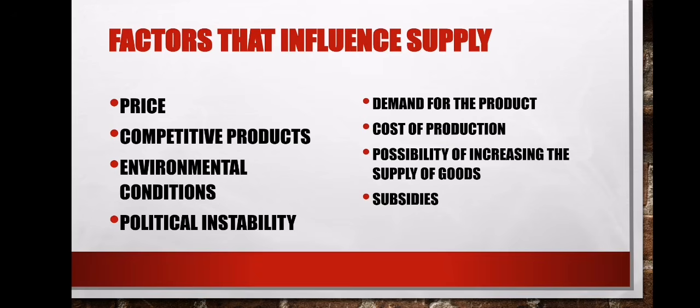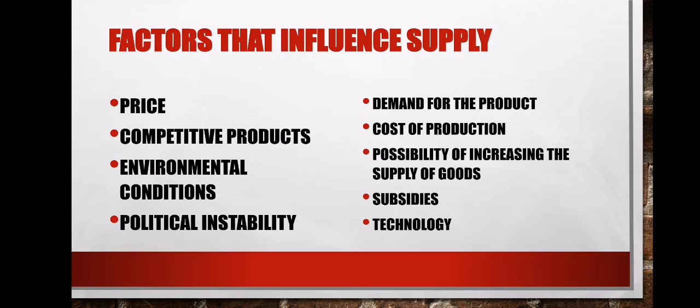We can talk about subsidies. In subsidies, we say if a government is able to subsidize a farmer with production, the supply will end up doing what? Increasing. We can lastly talk about technology. In technology, we say a new technology that is introduced in farms may lead to more production, and we assume that if there's more production, it means there'll be more product that will be